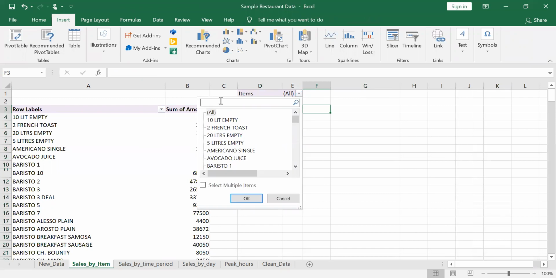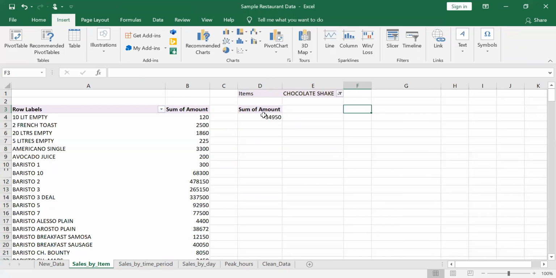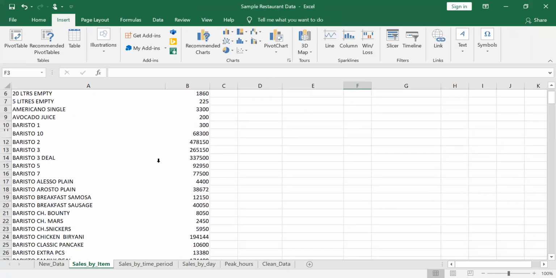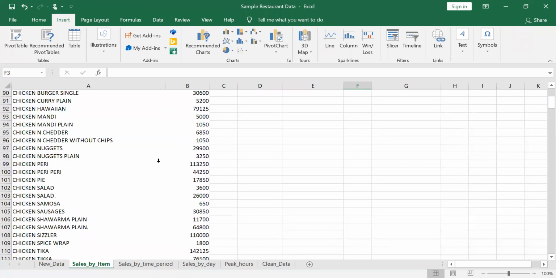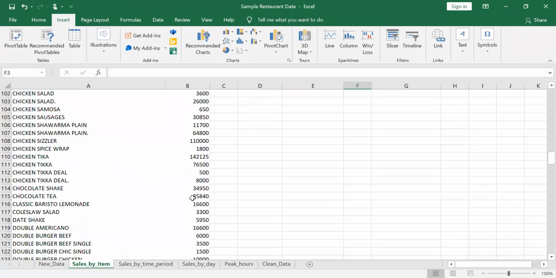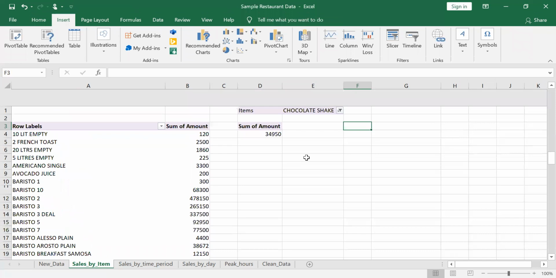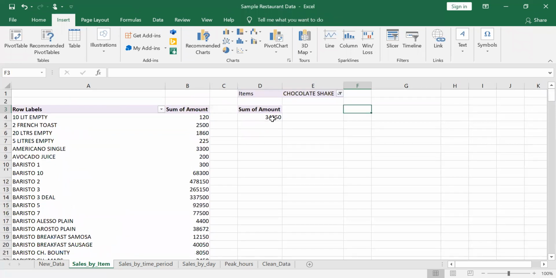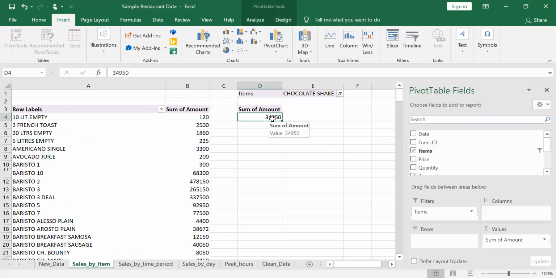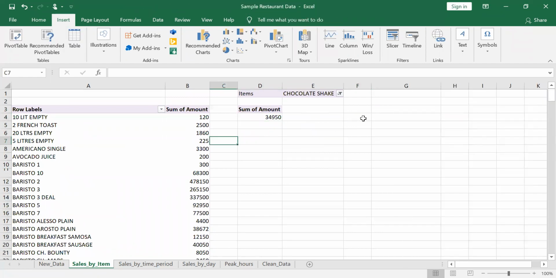We can check on chocolate shake, click it, okay. Then you can know the amount for chocolate shake, which can be confirmed by just checking here. Go down to chocolate shake and find 34,950, which is the same here. So we want to know what percentage this specific product contributes to the total. And with that, we'll use the usual formula,